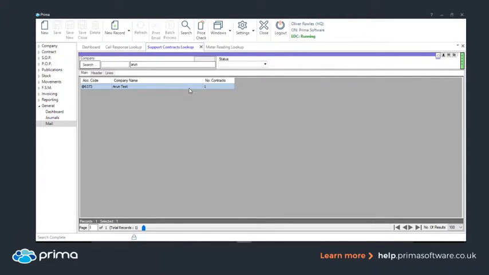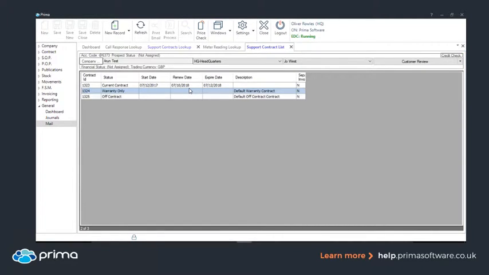So what happens is you would have your machines set up on your Print Audit account, and what Prima will do as part of this new routine is your Prima account will exist, and then when you hook Prima up to Print Audit, it will look at all the machines that you've got in your database, and where the company name matches, it will bring all their machines into the system automatically. So generate the support contracts for those machines automatically and bring the machines in,